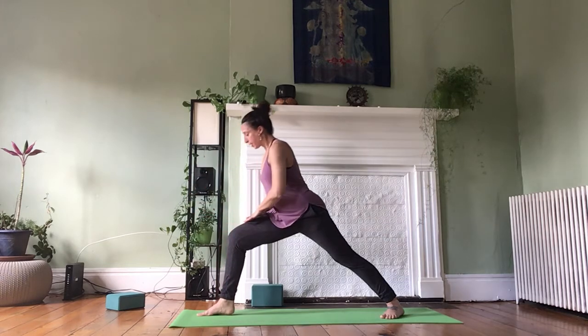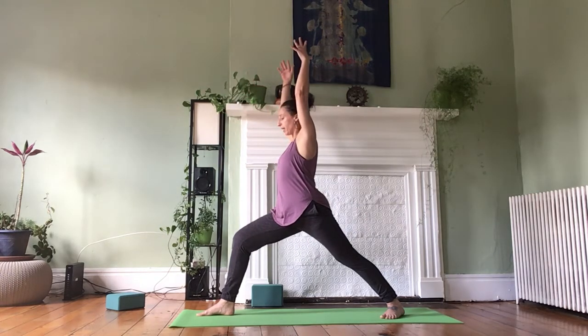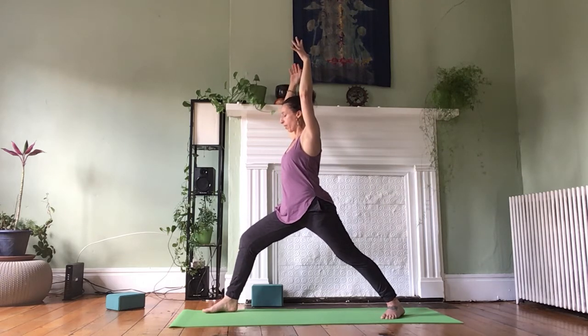And start again as you rise up, hands onto your right thigh. Feel the neutral position of your spine that we're creating here in Warrior One. Now, my left hip pulls back a little bit because my feet are wide, or narrow rather. But if I widen my stance back to where it would have been in the